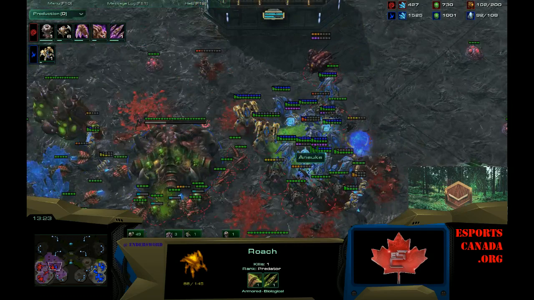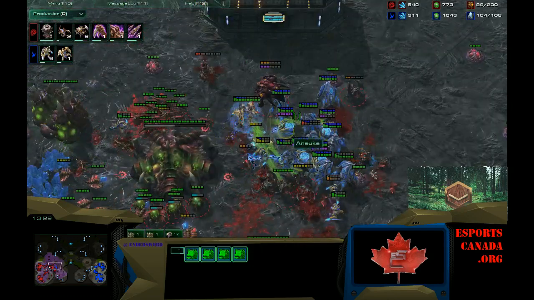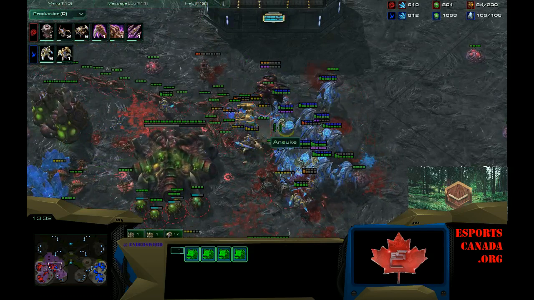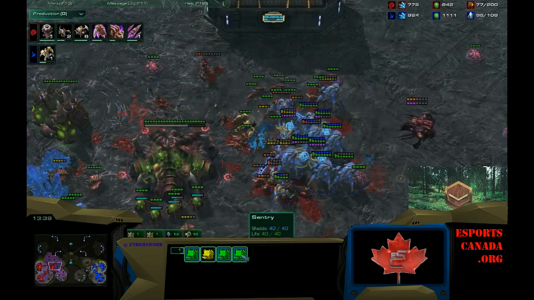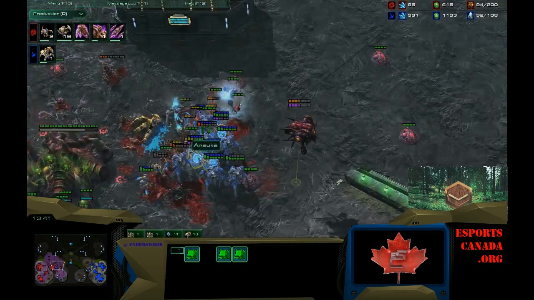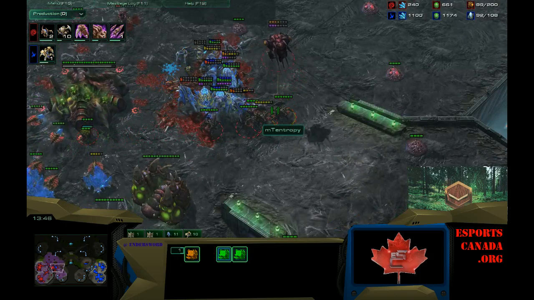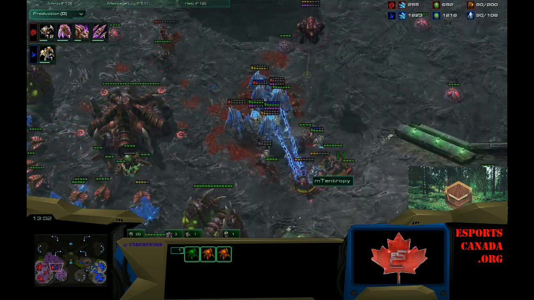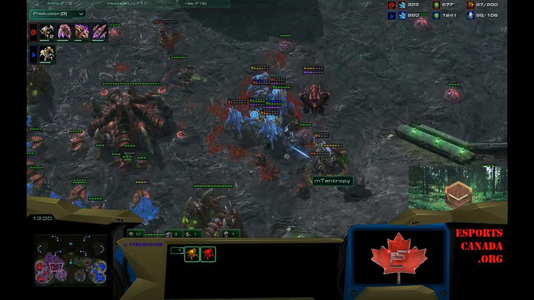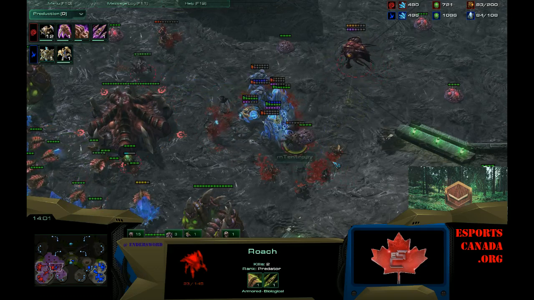Unfortunate positioning here, and again, more Sentries would have made it a lot more viable to continue to block these off. He does have actually a lot of energy left on these. Could have gotten out like 10 more Force Fields here to prevent these Lings from doing damage and preventing the Roaches from actually getting a surround on any of those Immortals. So the fight could have gone a lot better, but he still ultimately is going to win this fight,